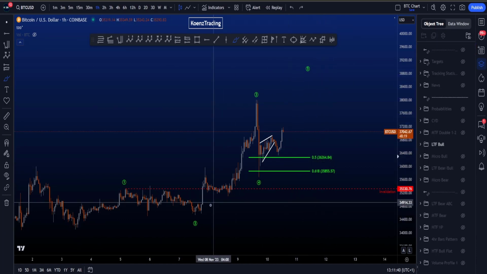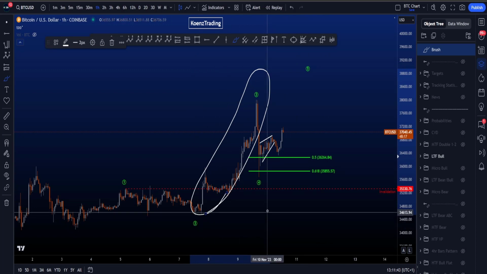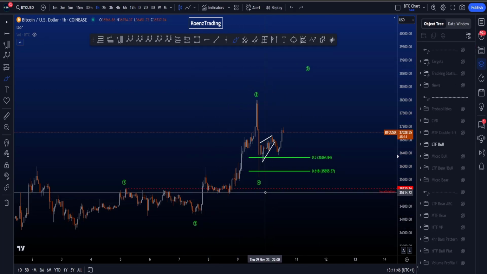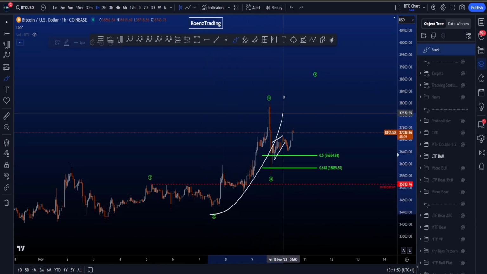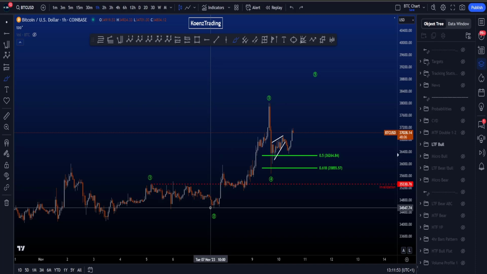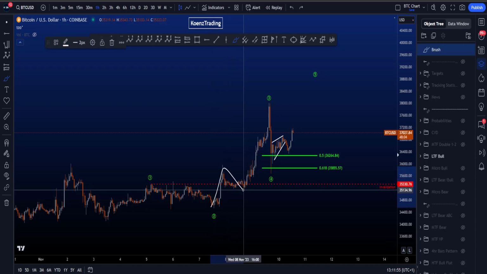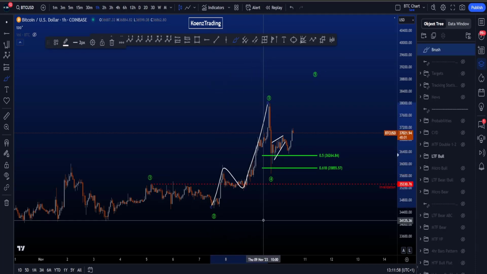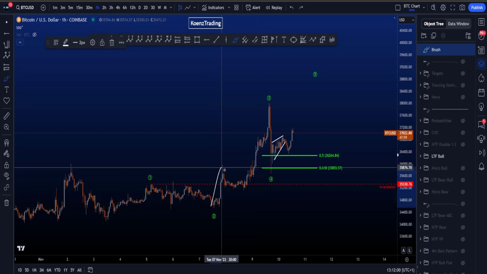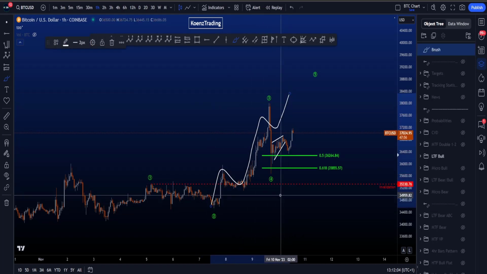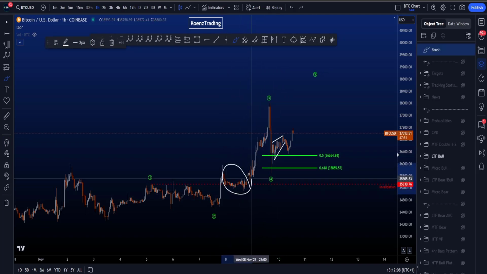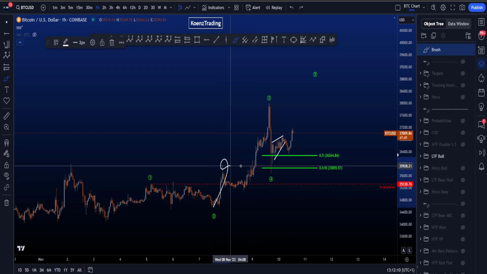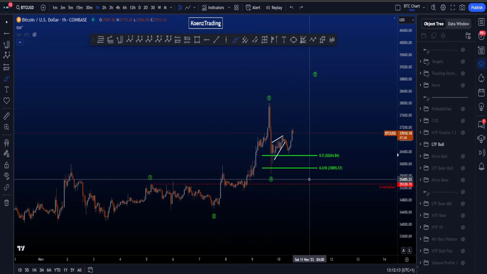And also, if we look at this move to the upside over here being a potential wave 3, then we do want to count it as a sub-degree impulse, right? 1, 2, 3, 4, 5. And when we look at this move to the upside, at the moment, this could be like a first structure, second structure, but this looks more like an ABC type of move instead of a wave 3, where you have a wave 1, 2, 3, 4, and a wave 5. This over here being a wave 4 of this wave 2 is too deep, because then your wave 1 and your wave 4 are having overlap, and that is not what you want to see, which lowers the probabilities of